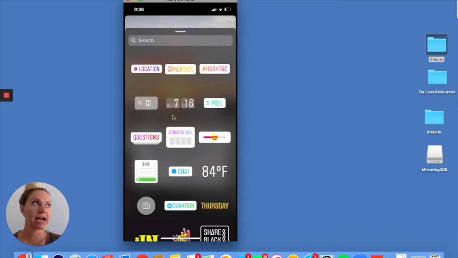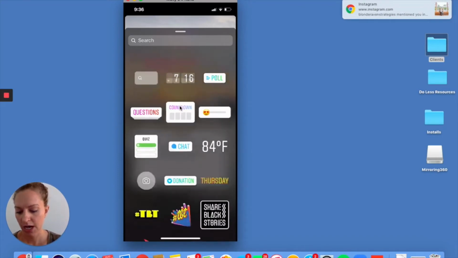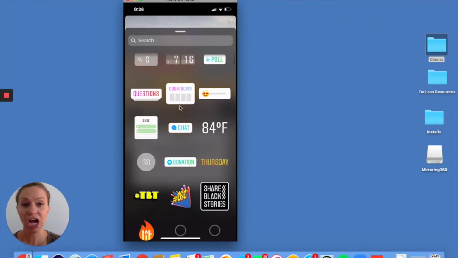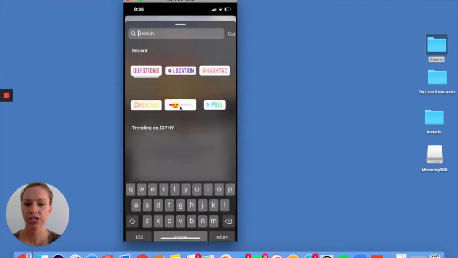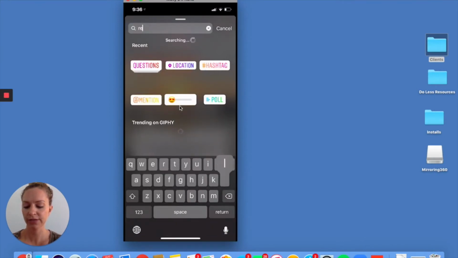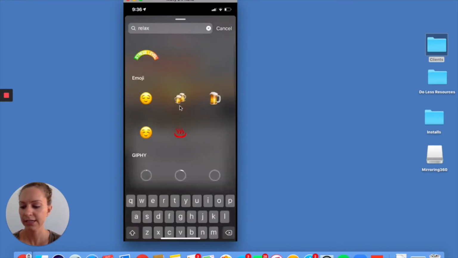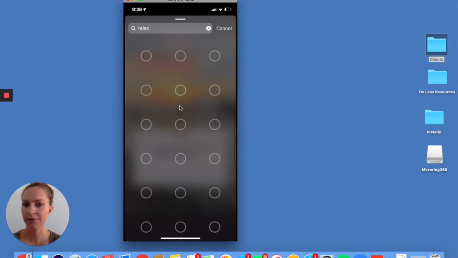Sometimes I'll use the time function when my daughter's up at like the butt crack of dawn because I think it's funny. The chat function I'll talk about more in the workshop because it's a little more involved. But you can also search here for, let's just say like relax, type in the word relax. And you'll find all of these little